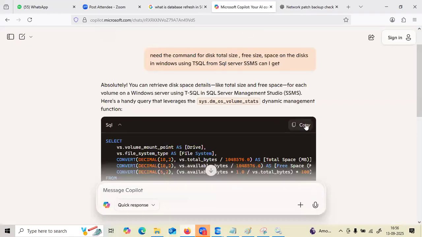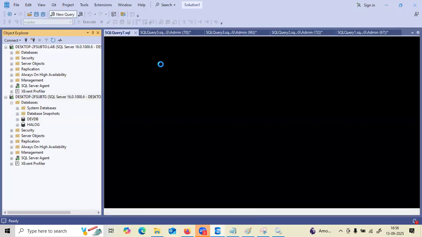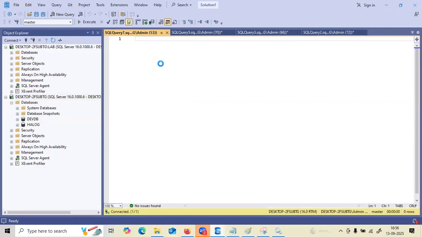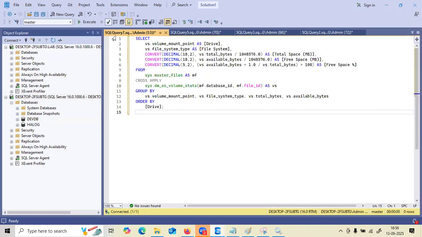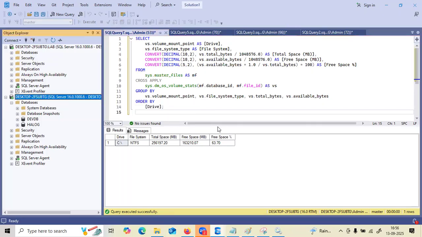So if I copy here, I'm going to run the target server, how much free space on the disk. So why is E drive not showing here? Okay. E drive is not showing. But we have another command that will provide